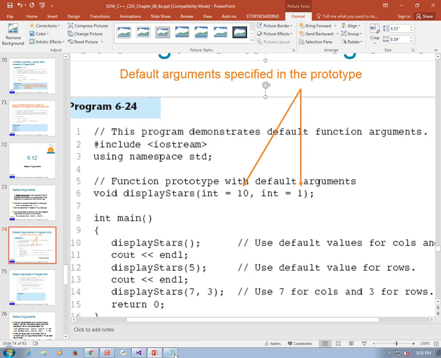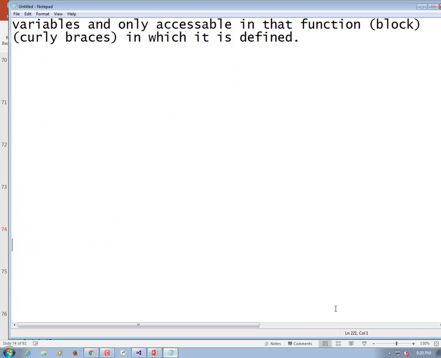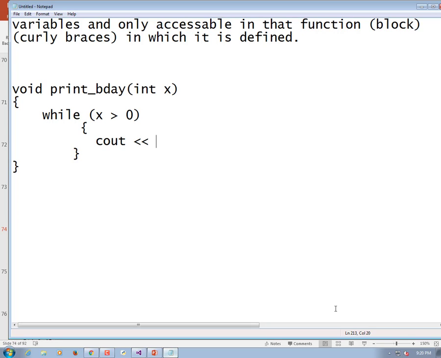So let's come up with something a little bit different. We're going to write a function that prints happy birthday a certain number of times. Void print bday. It accepts x, which is going to be the number of times it prints happy birthday. And so while x is greater than 0, print out happy birthday. And then subtract 1 from x. So if we call it print underscore bday, we have to provide